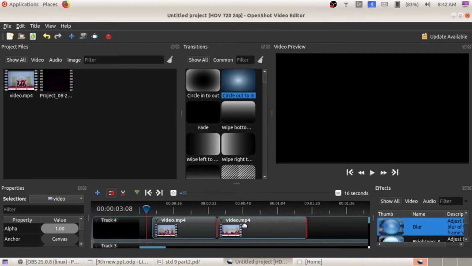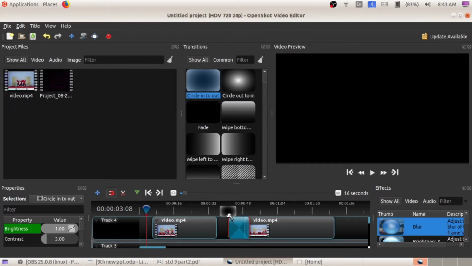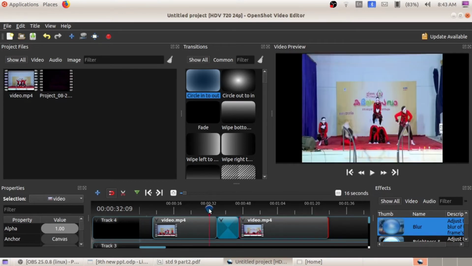While applying a transition, one thing to be noticed is that I just move the second video clip, and then I am going to apply this particular transition. Simply click and drag your mouse and place that transition where you wish. After that, don't do it like this. If you play this video, I am applying this transition in between the video clips, the first video is here, and after the transition I have placed the second video, and I am going to play this video.